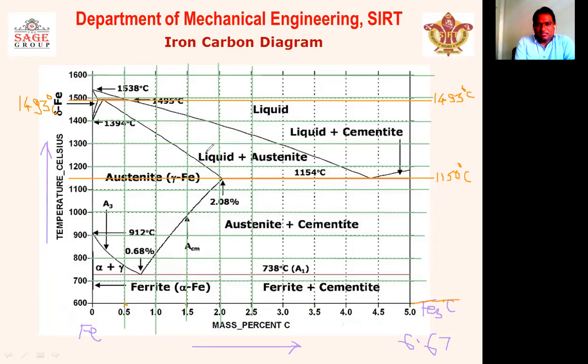Right. I have given here values 1493 degrees Celsius, but as I told you, when we will prefer different books from the different authors, then we will get the different values. But there is a little variation. I have written here 1493 degrees Celsius, but here mentioned 1495 degrees Celsius. So remember any one value. Here I have mentioned 1150 degrees Celsius, but here the value is mentioned 1154 degrees Celsius.